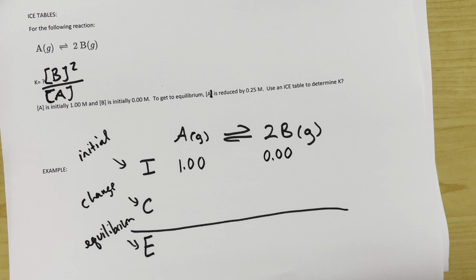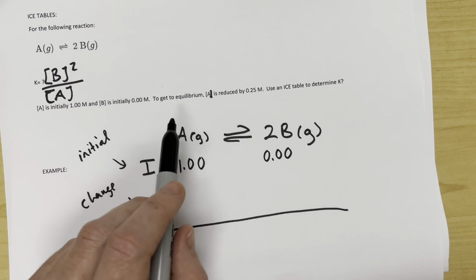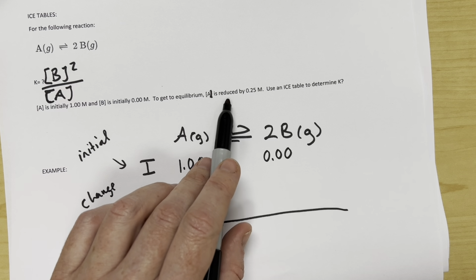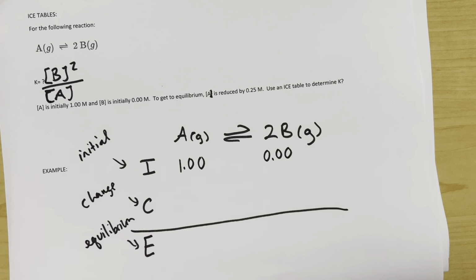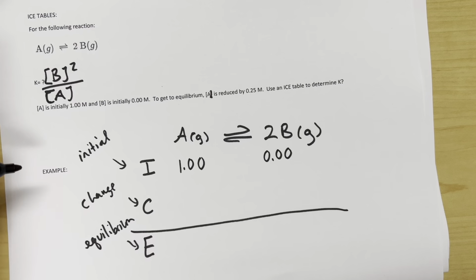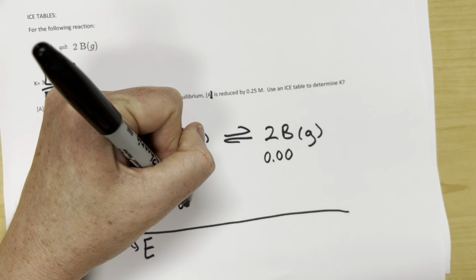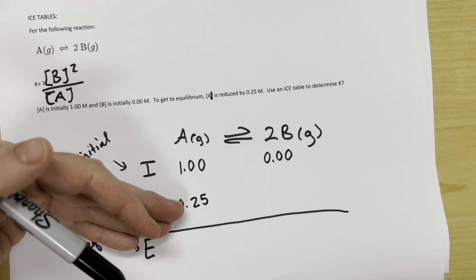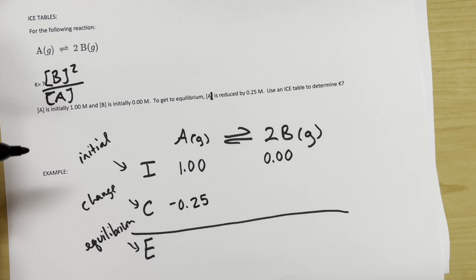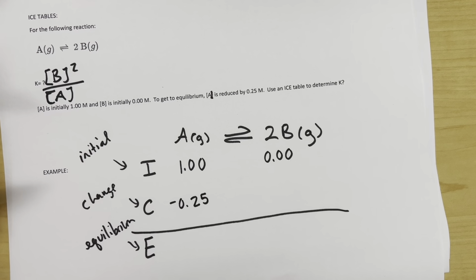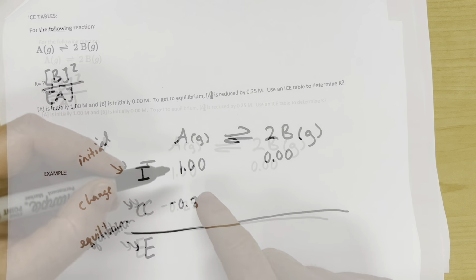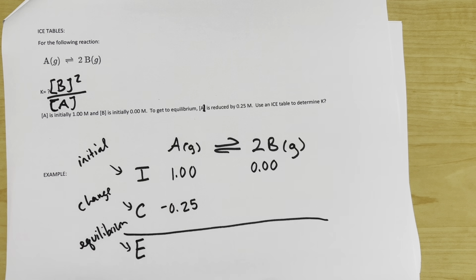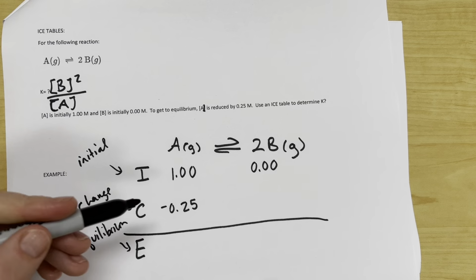Now it says change. Well, it tells us to get to equilibrium, A was reduced by 0.25 mole per liter. So it started at 1, it was reduced by 0.25. So we lost 0.25. My question to you though, and this is where change becomes pretty important, if we lost, my phone died. All right, so if we lost